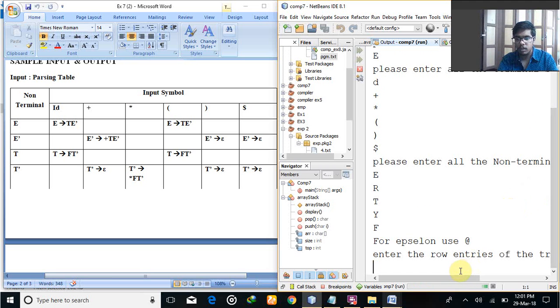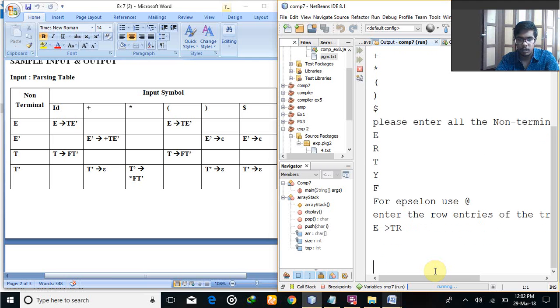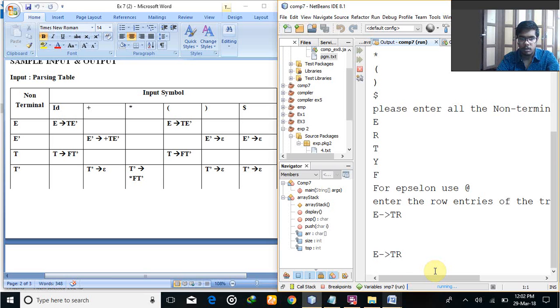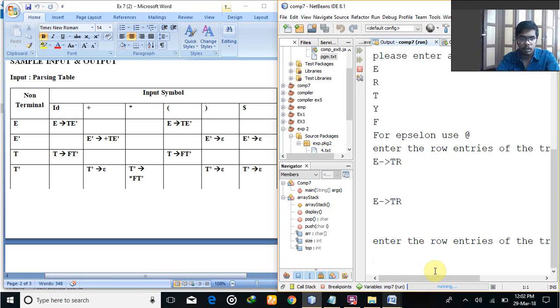It asks to enter the row entries. We should enter E arrow T R. Nothing is there for the plus, so leave it empty, and again T R, and again empty. And entering another for E dash, E dash I am taking as R, for R